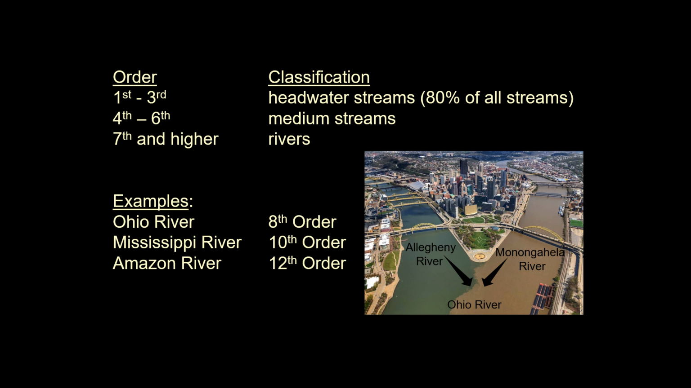It's an 8th order stream. The Mississippi is considered a 10th order stream, and the biggest river on the planet in terms of the water it carries, the Amazon River, is a 12th order stream. So that's a really big stream. But just in terms of numbers, first to third order streams are considered headwater streams, 80% of all streams. Medium streams are 4th through 6th order, and anything bigger than a 7 is a river,